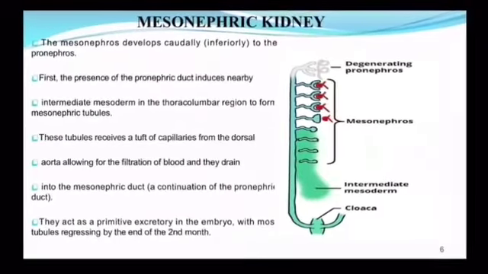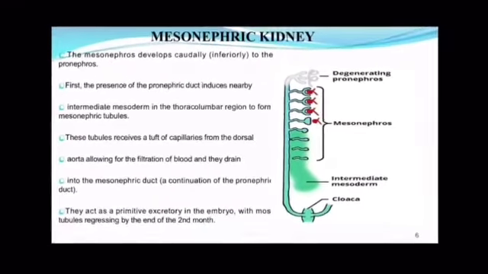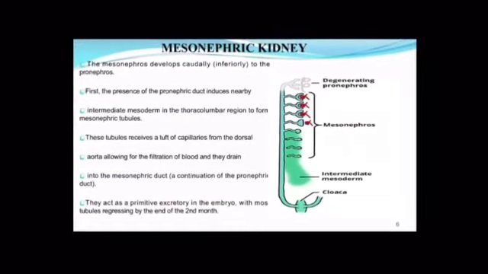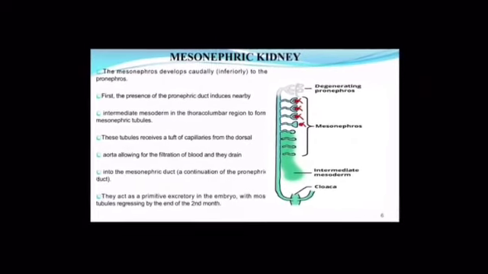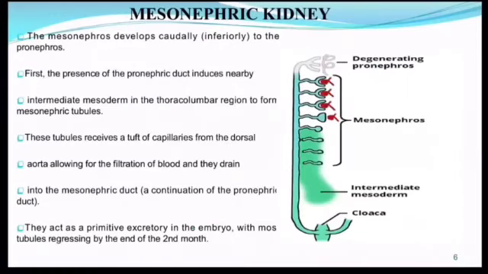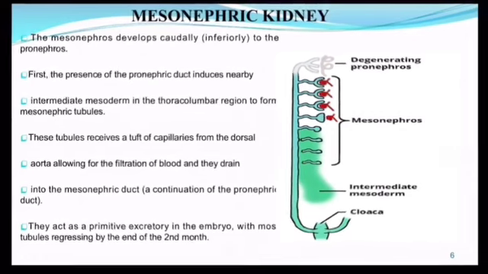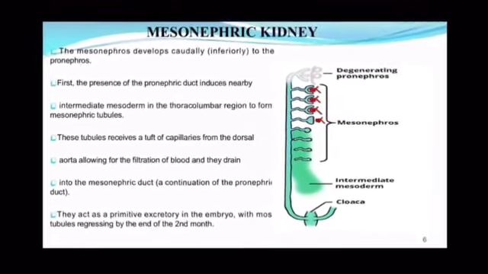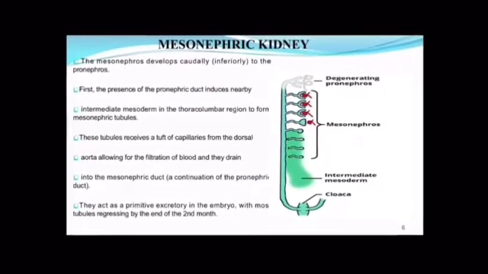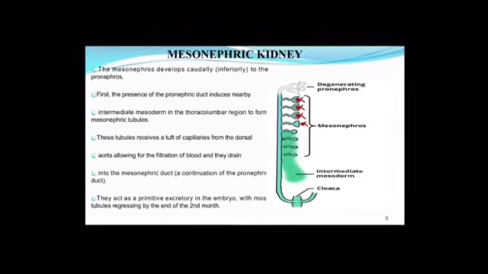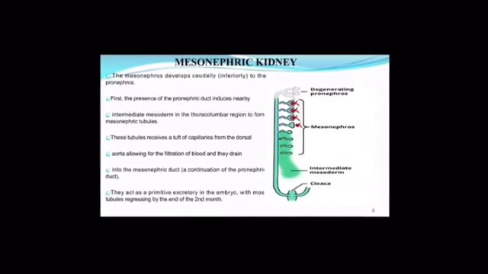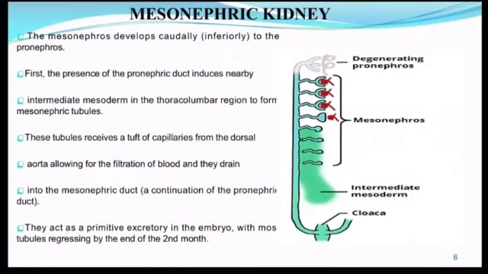Then look caudally, which is inferiorly to the pronephros. First, the presence of the pronephric duct induces nearby intermediate mesoderm in the thoracolumbar region to form the mesonephric tubules. Then these tubules receive a tuft of capillaries from the dorsal aorta, allowing the filtration of blood, and they drain into the mesonephric duct, which is a continuation of the pronephric duct. Then they act as a primitive excretory structure in the embryo, with most tubules regressing by the end of the